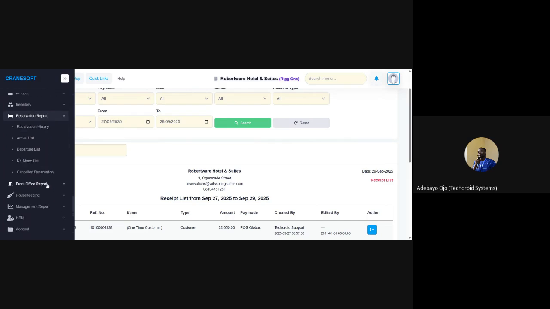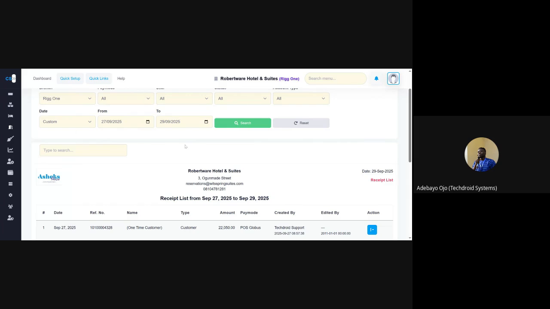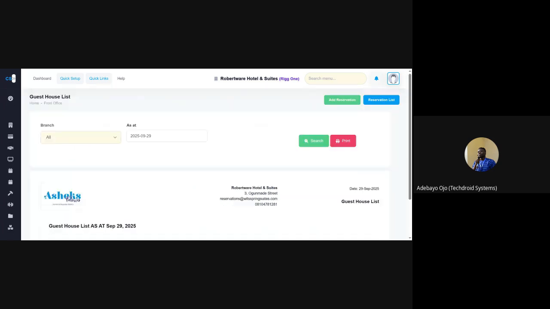Okay, so the second to the final part is the front office report. So from the front office report, you can generate a report like your house list. The house list shows you the list of all the guests you have in house at certain time. So let's say, for example, you want to know how many guests you have in house as at 15th. That's a past day. So for this location, once you click on search, it shows you the necessary information